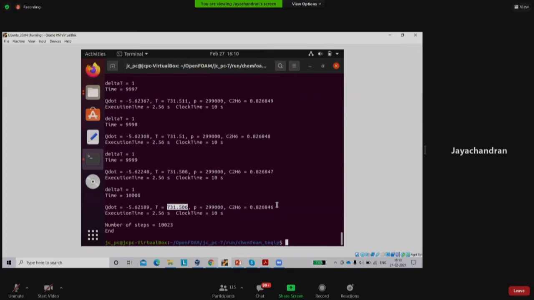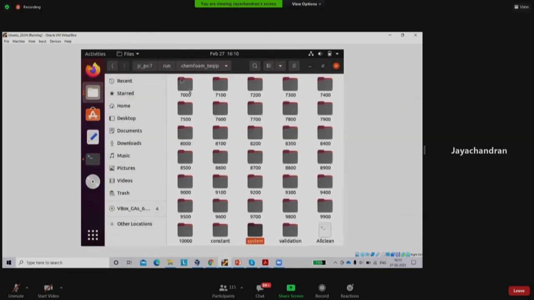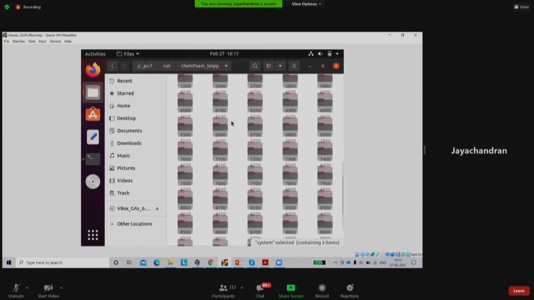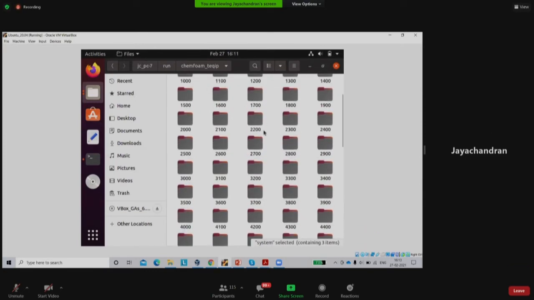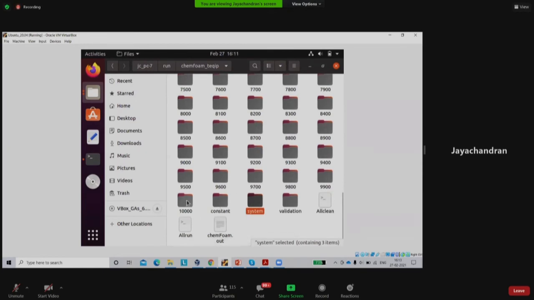So now we will plot the variation of temperature. Actually, for the concentration variation, there is no direct way to plot, so I'm not plotting it right now. Before that, if you go to that folder, you can see that at different time steps, different files are generated. Let us open the file. I will just show you. You don't have to open it, you just see the monitor.